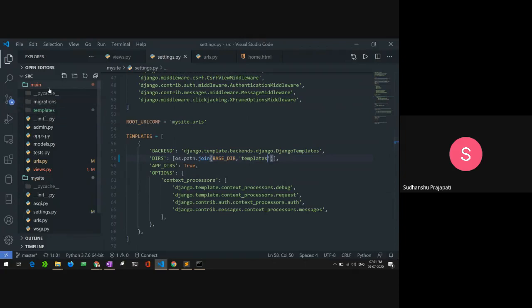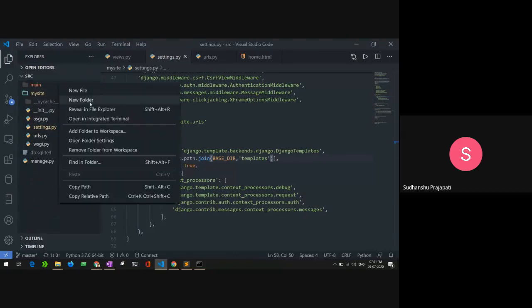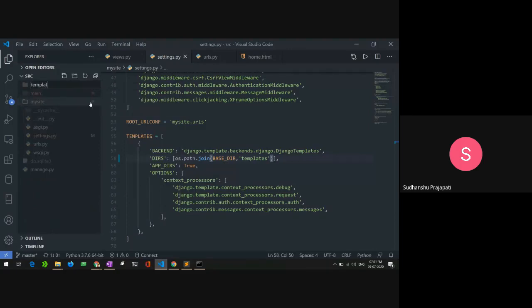But I prefer to create a template inside that app, though people usually prefer to create a folder inside your project directory with the name template, and inside the template you create another folder with the name of your app.